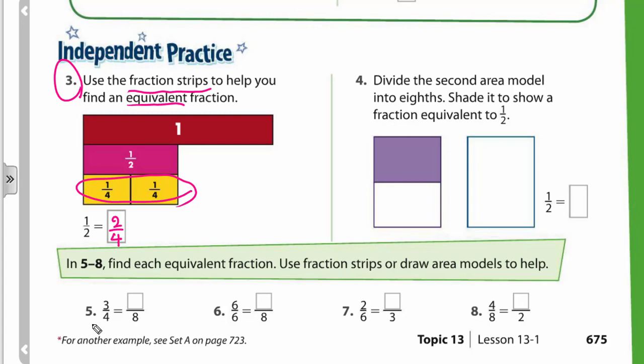Muhammad Al Ali. Muhammad Al Ali. Yes, my hero. I want you to solve question number 4. Question number 4. Divide the second area into